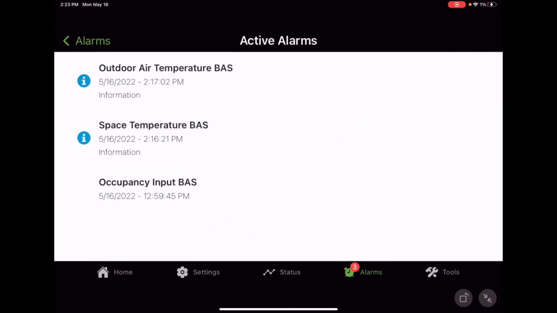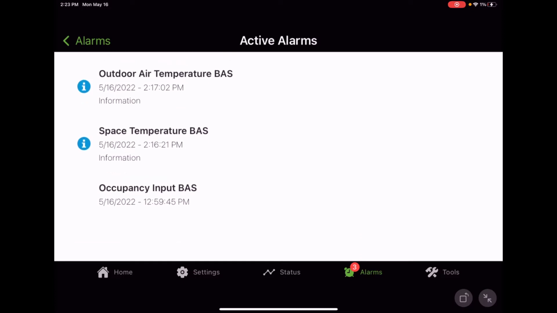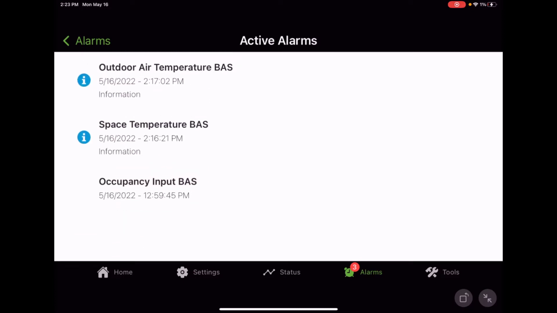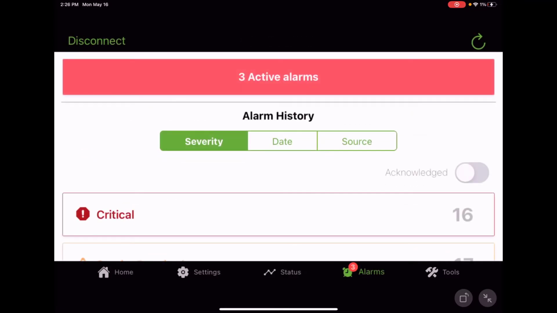So we got these BAS, outdoor air temp and space temperature informational coming in. And there we go. There's alarms and severities and reset using the service and installation app with the Symbio 700